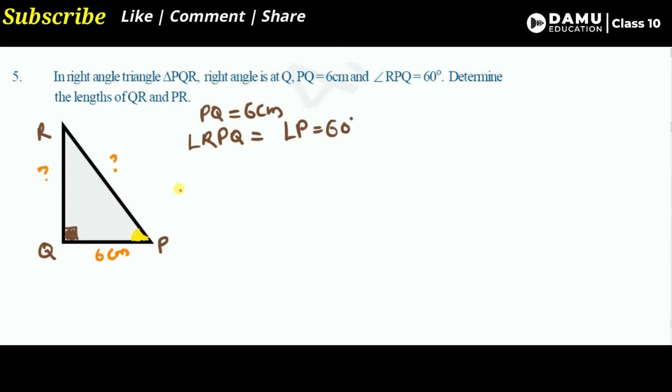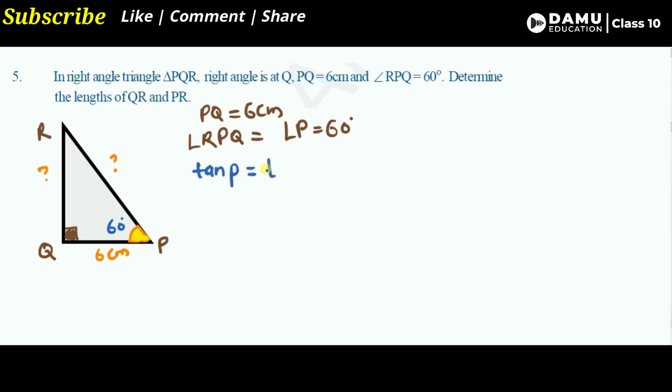So based on some conditions, we can calculate based on some rules. So let's include some trigonometric functions here. Then we can easily calculate. So let's calculate QR. QR will be equal to what? This angle is 60 degrees. So here the opposite side is there and the adjacent side is there. One function we can take here in order to calculate QR. So let's include tan P. So you can take it as tan P.